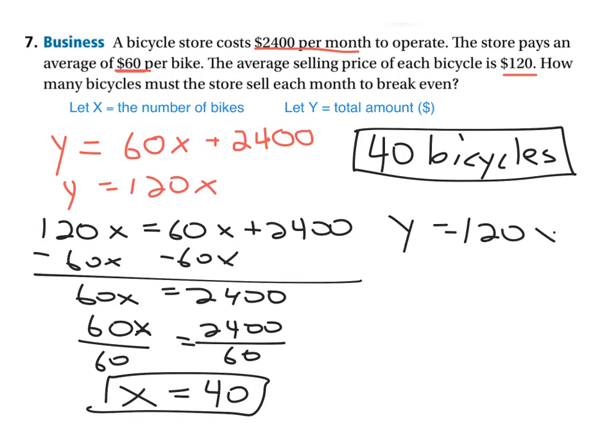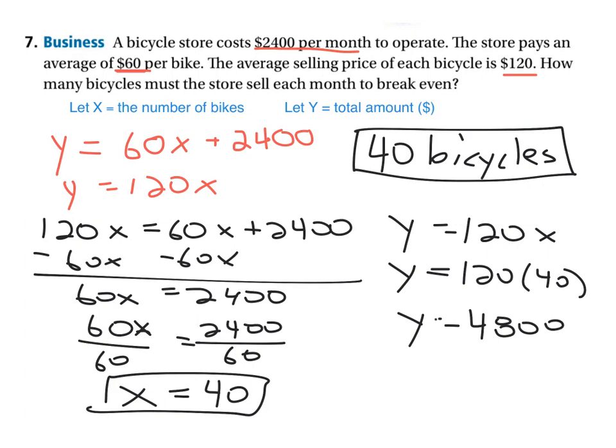Y equals 120x, so y, the amount of money, equals 120 times 40, or y equals 4,800. But that's not what they asked for. We know what y is, but they're really just asking for the number of bicycles, and so the solution